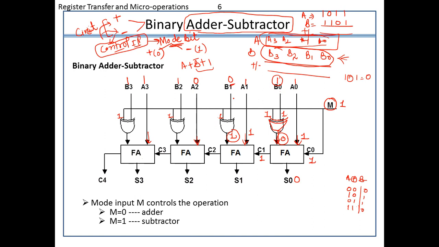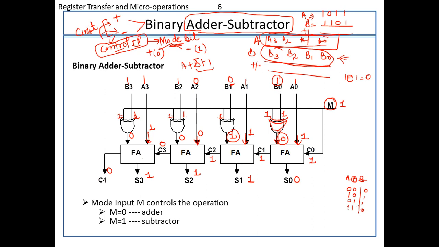Ultimately, the logic is this. Same as for this case, 0. Here I am having two ones. Again, I will get 0. So let's proceed with this. 1 plus 0. 1 plus 1 is 0. 0 plus 1 is 1. But 1 is a carry value. 0, 0, 1 is 1 as a sum and 0 as a carry, right? So for the last part, this 1, this is 1, 1. XOR will do this. 0 plus 1 plus 0 will be 1 and 0 as a carry. So this will be the ultimate result of this entire case.